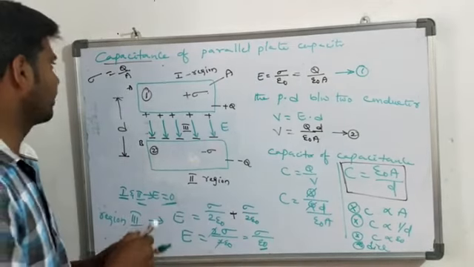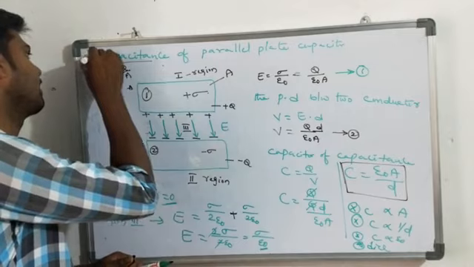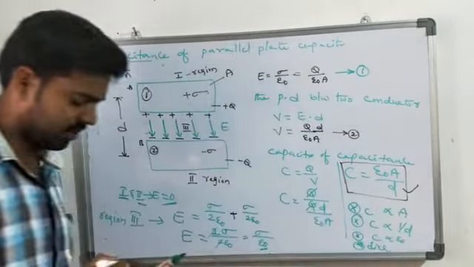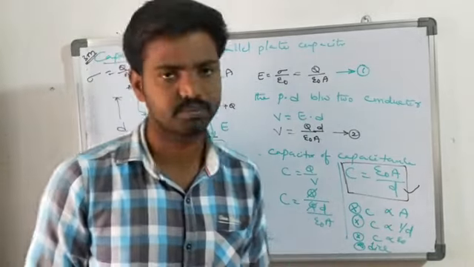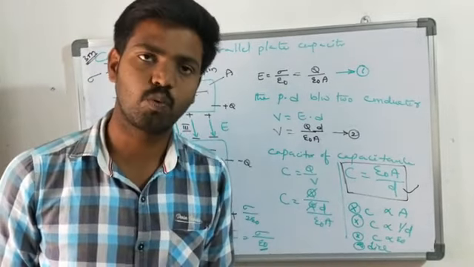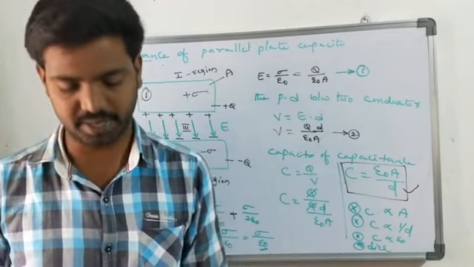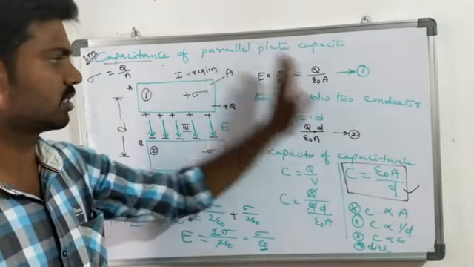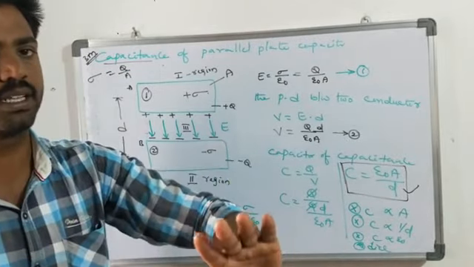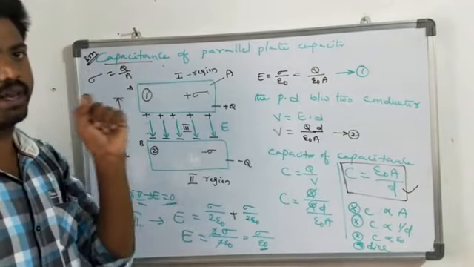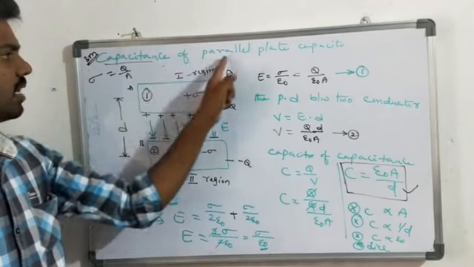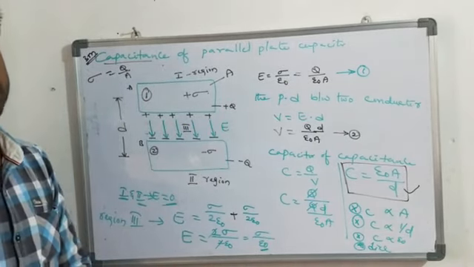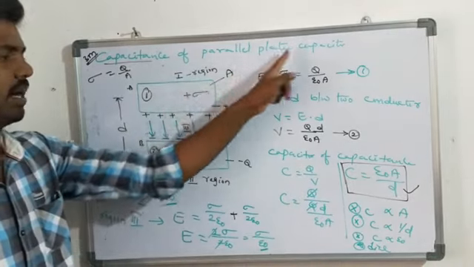This is very important for the 3 marks question. Many times they ask about this. If the question is not asking about this formula, then by using this formula they will ask one problem. I hope you understand. Either a 3 marks question or a 5 marks problem from this concept. How do they ask the question? Derive an expression for the capacitance of a parallel plate capacitor.